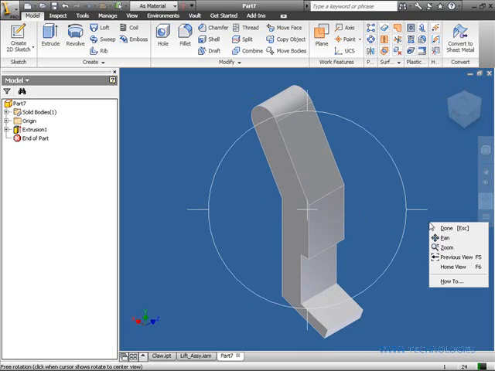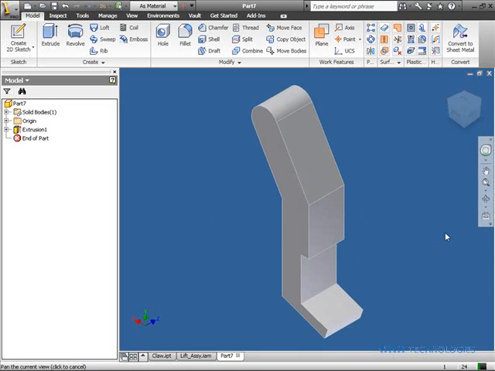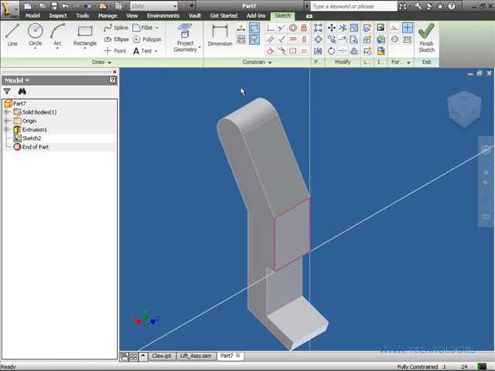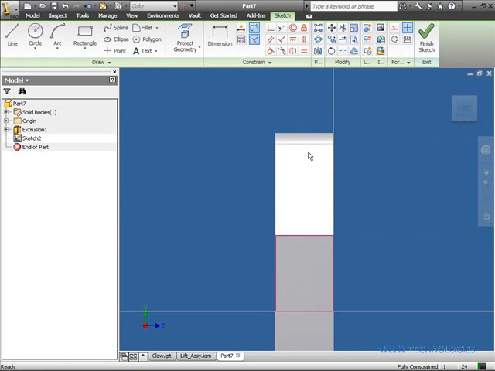I am now ready to establish my second feature, which will be the notch going through the center of this part. So let me establish a sketch plane on this front face right here. And because I want to constrain this to the top quadrant of my circular reference here, if I look at my left view, you'll see I want to constrain to this top edge right there. So basically I can just do a project geometry and select that top quadrant,